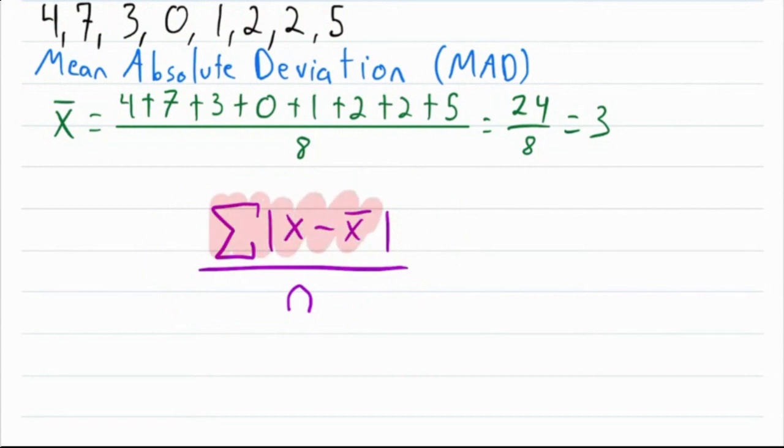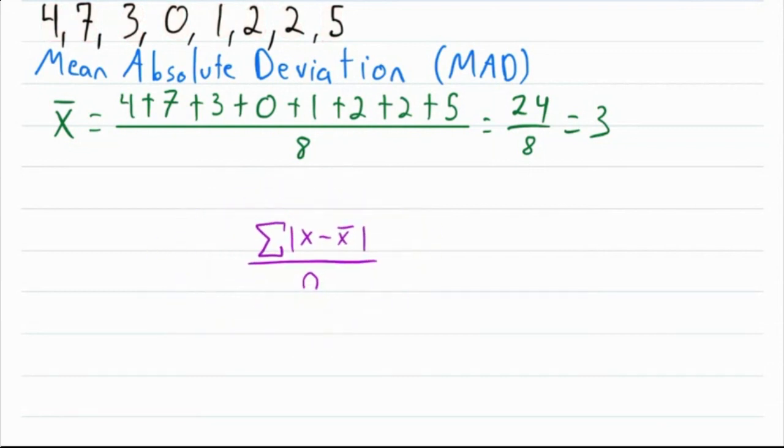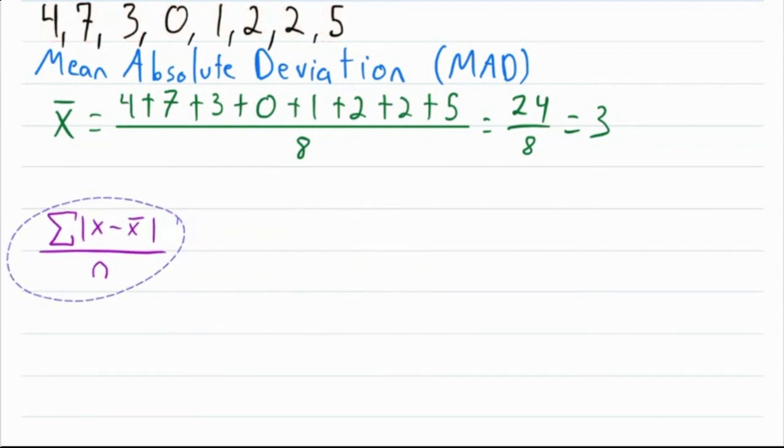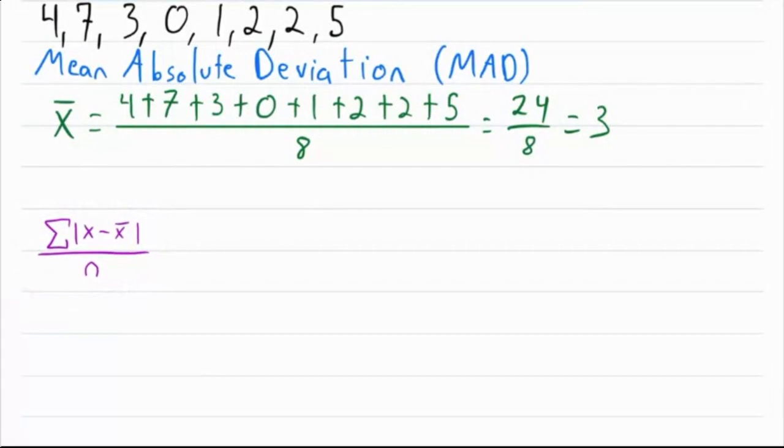So we add up all of the distances, but then since we want the average distance, we have to divide by the total number of distances. We calculate a distance for each data point. So since n is the total number of data points, we just divide by n. Now let's shrink this a little bit and move it over to the side and calculate the mean absolute deviation